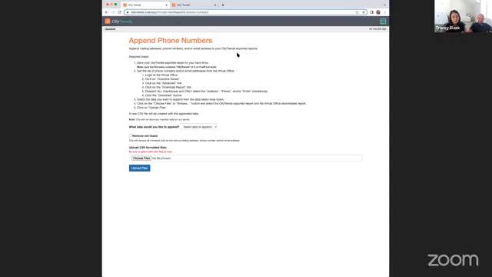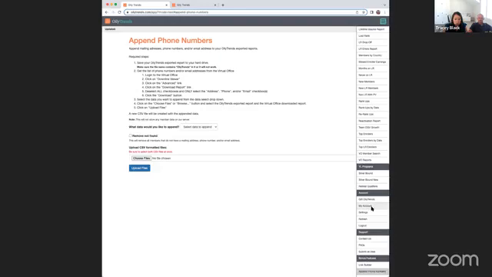Download that. So you then have the 2 files that are now downloaded on your laptop or computer. You'll come into this feature here. So it's not a report, it's a feature, and it's called append phone numbers. Append just means add on. And so you can actually add phone numbers, mailing addresses, or all of them. I like to just do all, just to get it all in there.